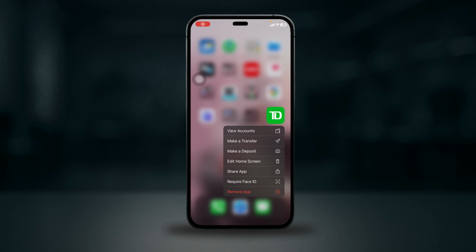Hey everyone, welcome back. If mobile check deposit is not working in the TD Bank app, it's usually due to